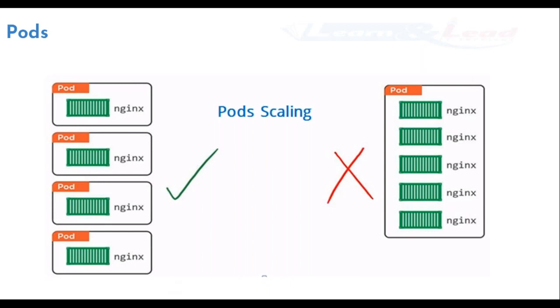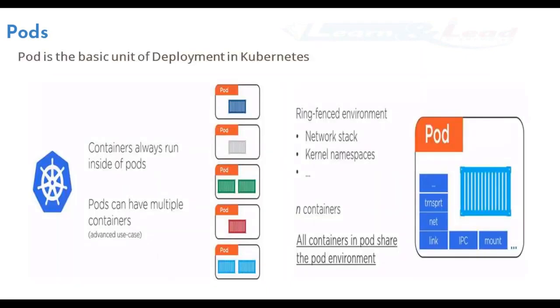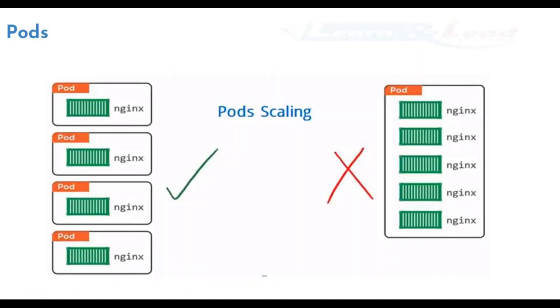So again, pods are nothing but the basic unit of deployment. Let's say that I want to run a container, then I create a pod inside my Kubernetes. Think about creating multiple pods. If we need to create multiple containers, we need to create multiple pods from a single image for scalability and high availability also. Now this is what it is. Okay, so one last thing about the pods, that's all about it.